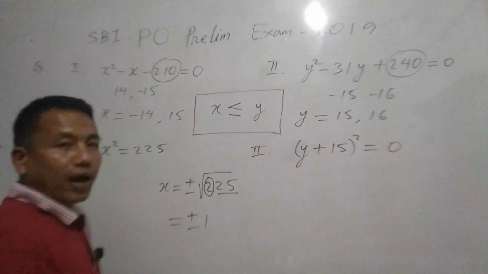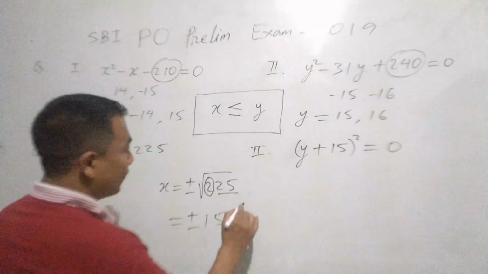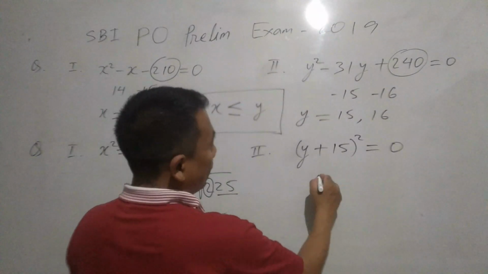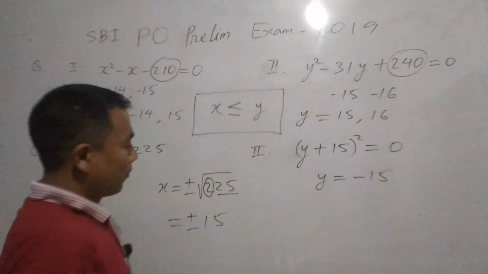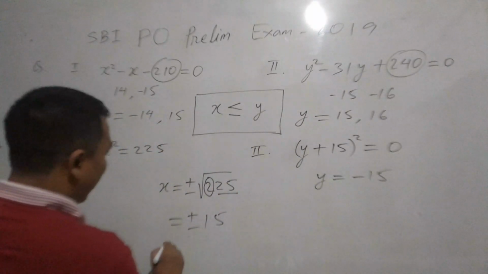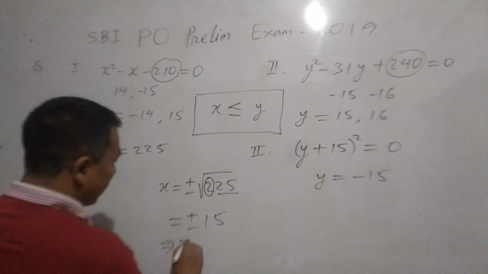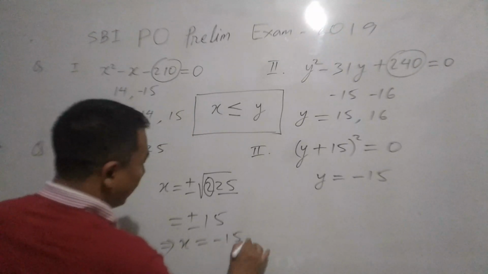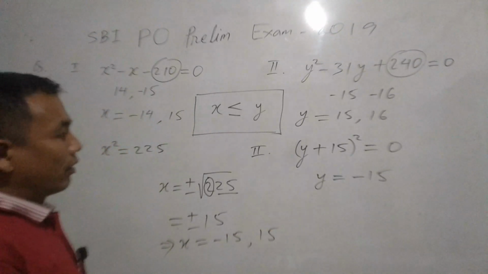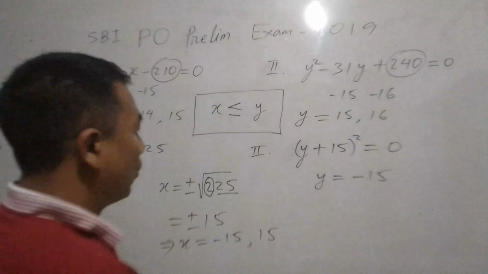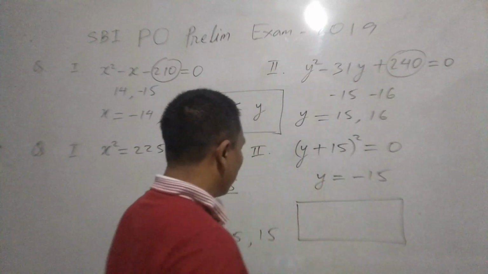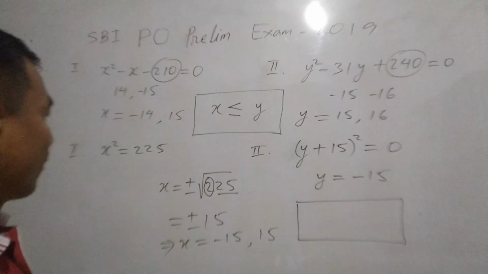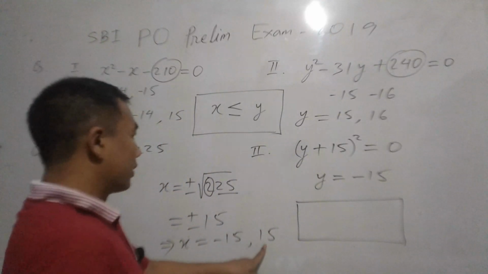If it ends with 25, give it 5. So y is equal to 15. Here we have two values of x, that is minus 15 and 15, and we have only one value of y. What will be the conclusion? Conclusion will be this is greater than this,